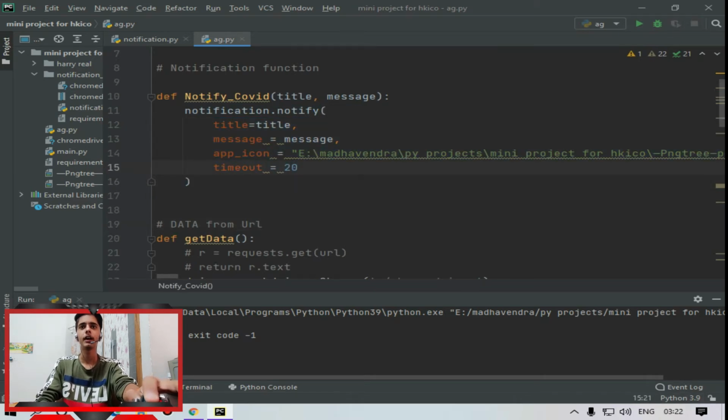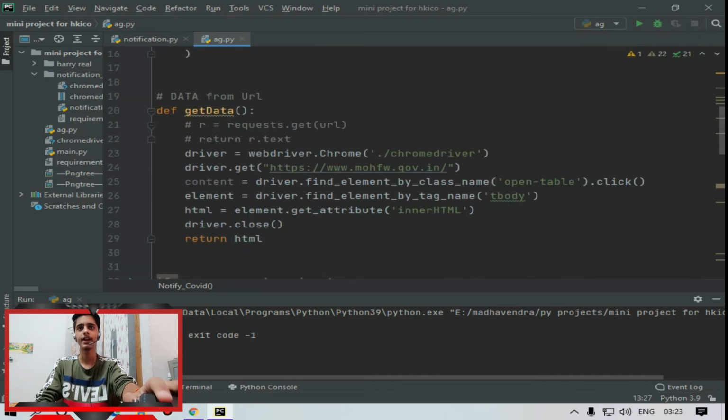See, timeout is equal to 20. It means how many states I want to show within this time period. Like if I have 3 states and timeout is equal to 30, then every notification will show for 10 seconds. And it is my app icon, directory, message. It is an argument, or you may say variable.